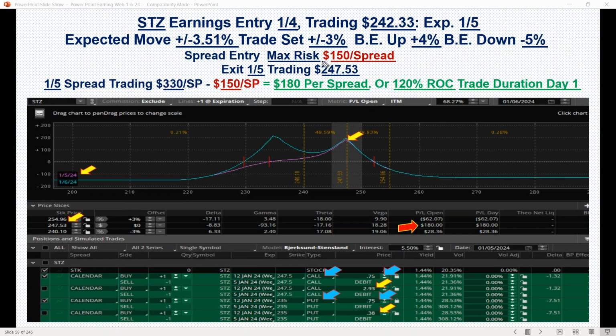So you can see the trade was set up here. Total cost was 150 for the double calendar spread. And then on Friday, the spread blew out to $330 per spread. The cost was 150. So the profit was $180 per spread, or 120% return on that risk of 150. So here you've got a potential to make over 100% return versus some of the other strategies that are typically done that are going to maybe give you 30, 35, 45% return, and typically would be a lot higher risk trade. So